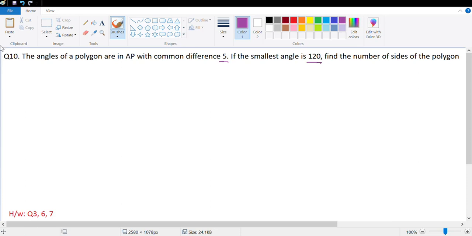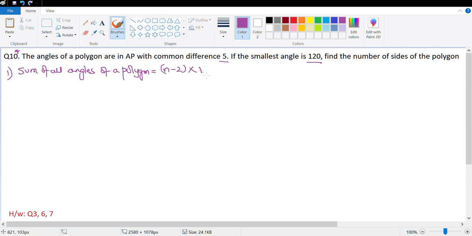You can put a small star in this question. That's because this question uses a concept that we learned last year. In fact, we will be doing it again this year as well in another chapter, which is sum of all terms of an AP. So sum of all interior angles of a polygon is given by the formula n minus 2 multiplied with